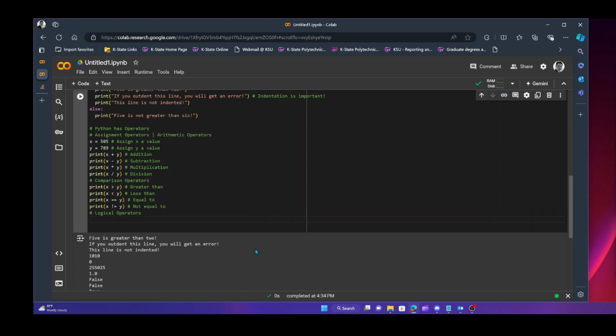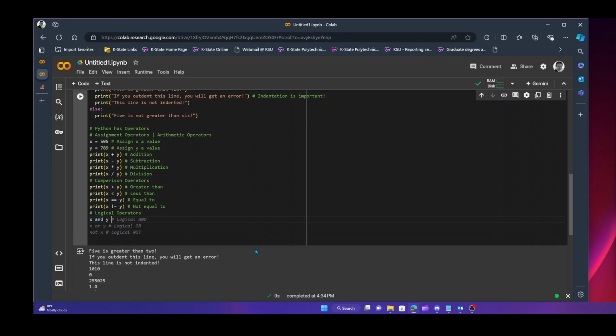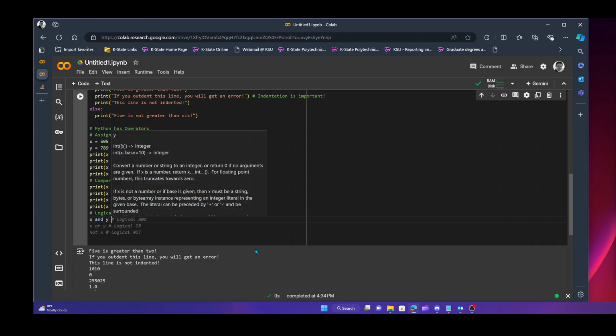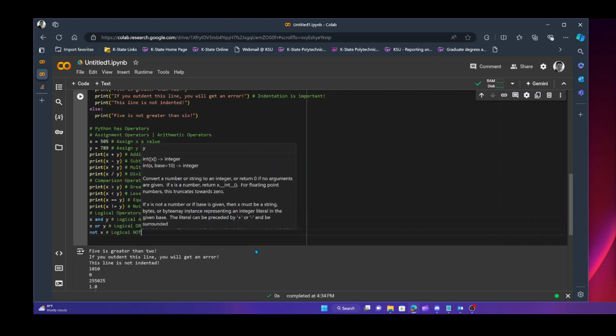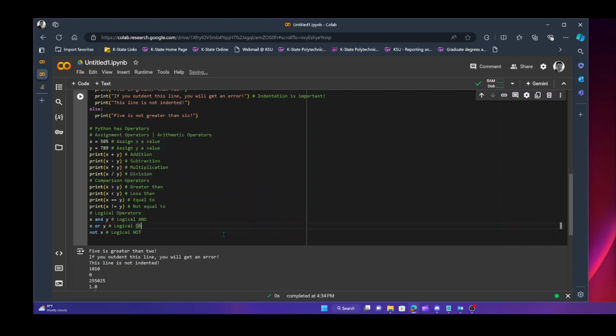For logical operators, we use more natural language. We say x and y, and that's logic. That's what's called a logical and. Then there's x or y, that's a logical or, and then not x is a logical not. Just like it sounds. So if we run these,